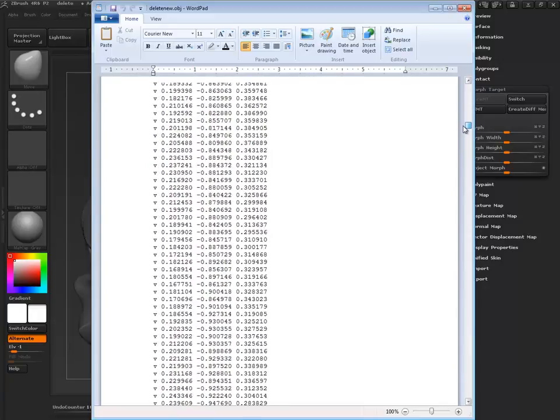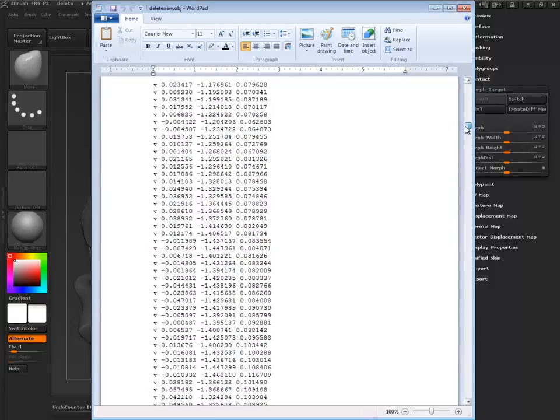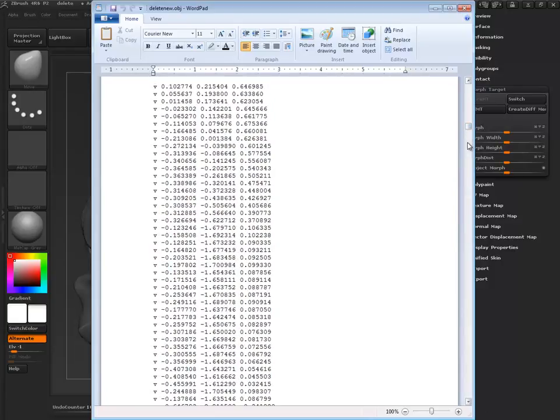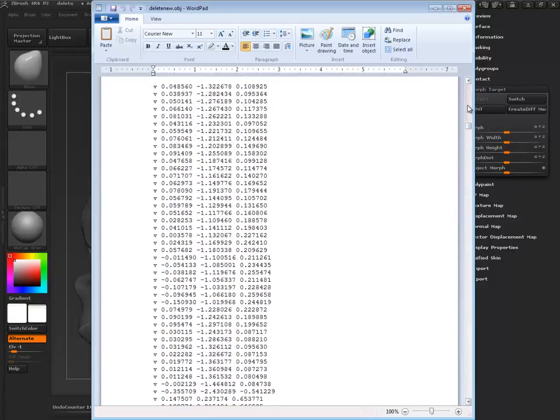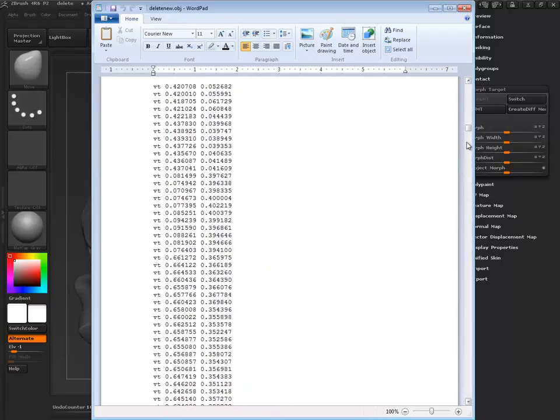V or VT, actually. To be honest with you, I don't know which one. Oh, sorry. It can only be one. So V, we have our X, Y, and Z. VN or VT, we're now dealing with what looks like an X and a Y, right? And notice that all of these look normalized.